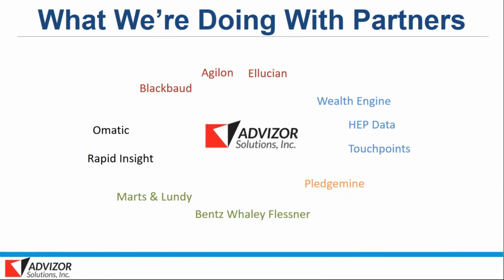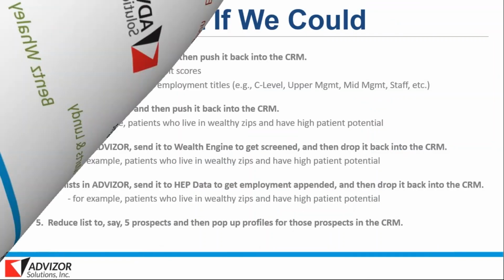PledgeMine is a custom printing company and annual giving. Omatic is a data connector for primarily Razor's Edge. Rapid Insights is our source of analytics and data blending, and then some of the consulting firms. So some of the cool things we're talking about here, again, feedback,